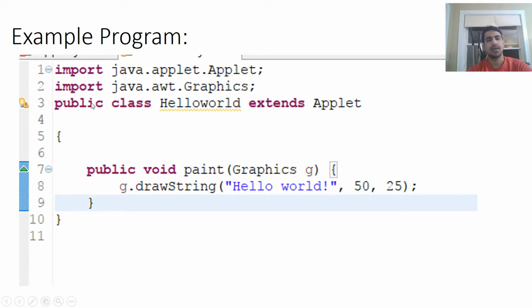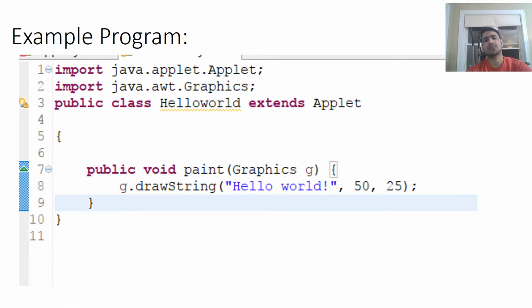This is a public class. Public is a class which is accessible to everyone, and class is a keyword to create different types of member variables and member functions. In order to program and execute a method, we need to write that in a class only. Like in this one, we have public class HelloWorld. HelloWorld is our class name, and extends is a keyword in order to